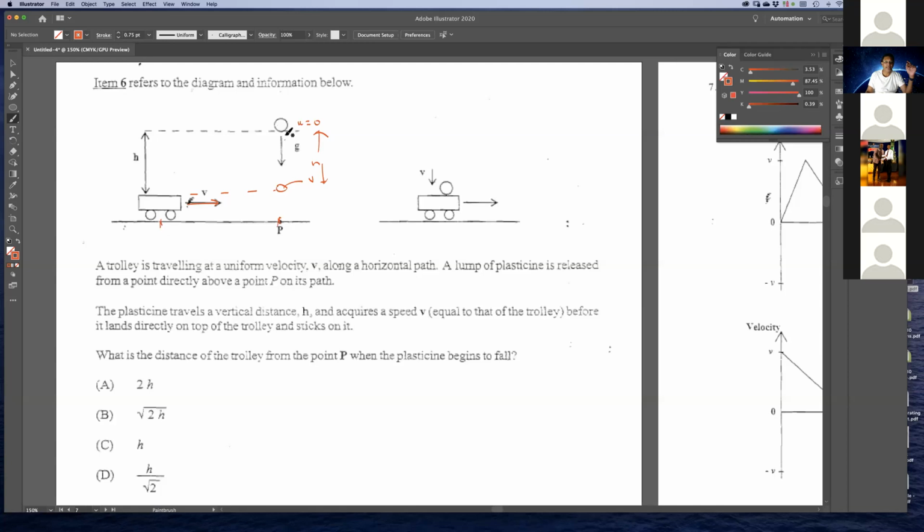And if this height is h, I don't know what this is. I'll call this s. This is some unknown distance that this trolley was sent from. So again, simultaneously at t equals 0, the plasticine is released. And at the same time, the trolley takes off from this position, a distance s away. And when this trolley just reaches here,